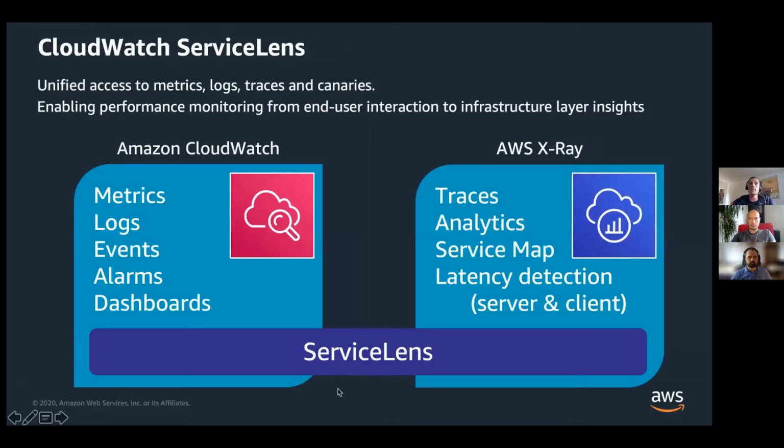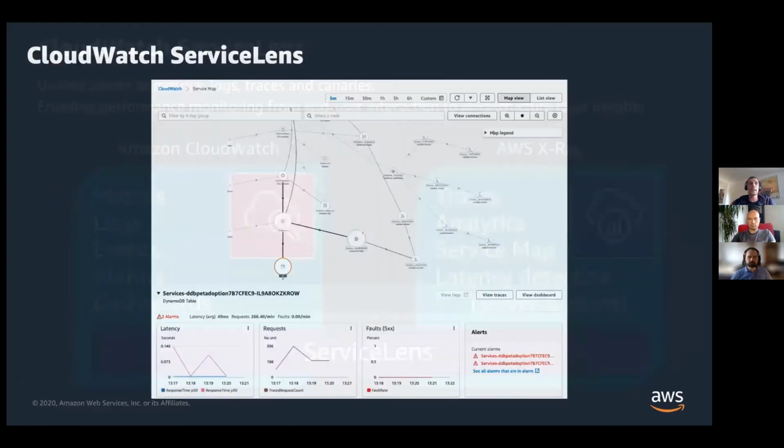And one service that I really like to do that is CloudWatch ServiceLens and the map option of it, which was launched, I think, 2 years ago. It gives you the capability to bring together all that I described so far, which are the metrics you have, your alarms, your logs, your traces, all in a single dashboard that looks like this one.